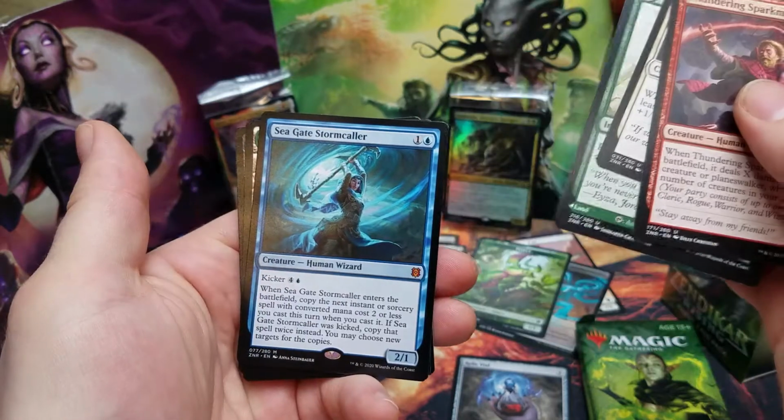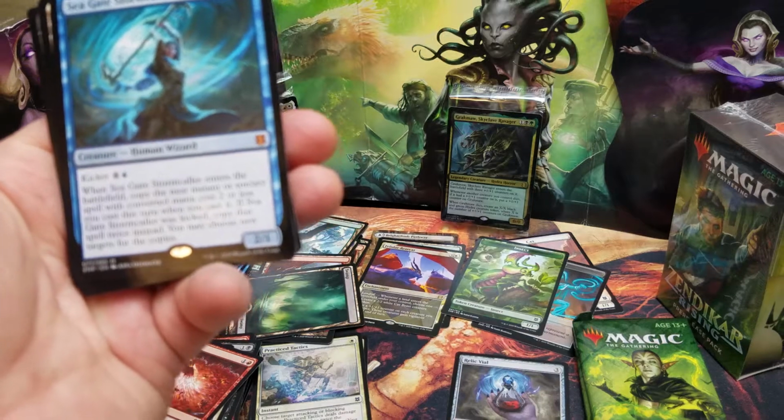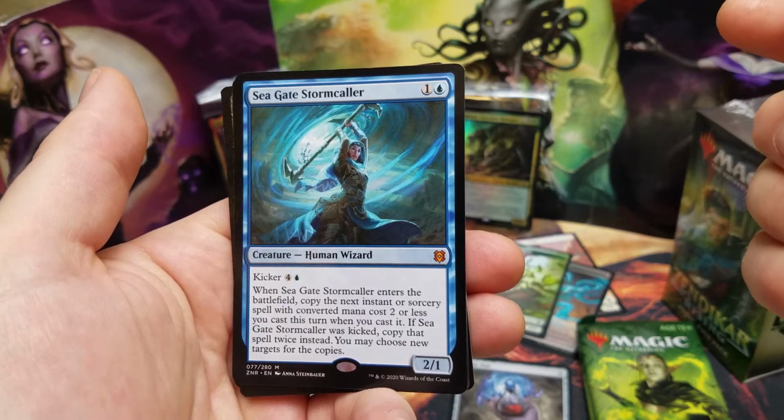You can see how you can't hear me. Oh, hey, our first mythic. We got a Seagate Stormcaller. Oh, yeah, is that our first mythic? In the second box. Okay, that's okay. You're not guaranteed one in every one. Apparently,